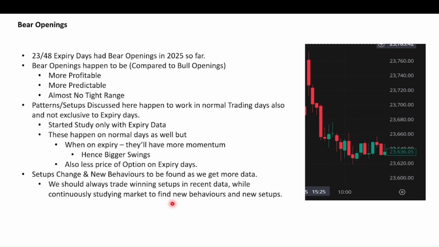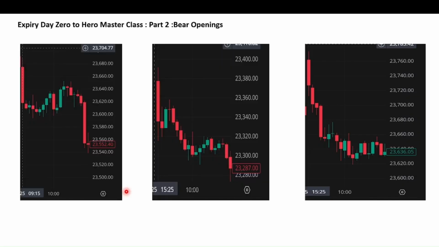And if you happen to find that one of the setups you are currently trading is becoming less and less frequent over time, you can remove that from your tradable setups. So this last point is my current knowledge and my current way of looking at the market, price action systems and setups. If I change my mind for any reason, I'll make sure to update you guys. So with that said, let's go inside the video and see.